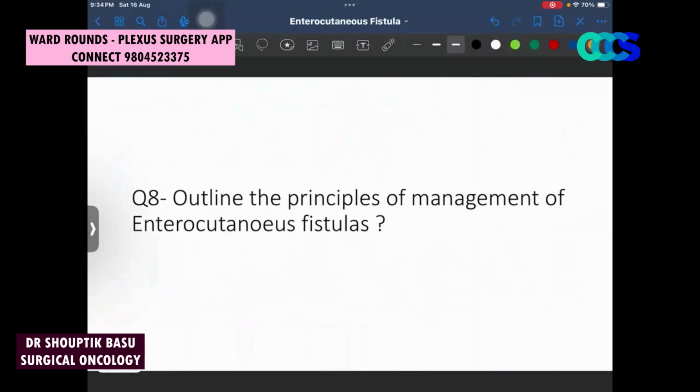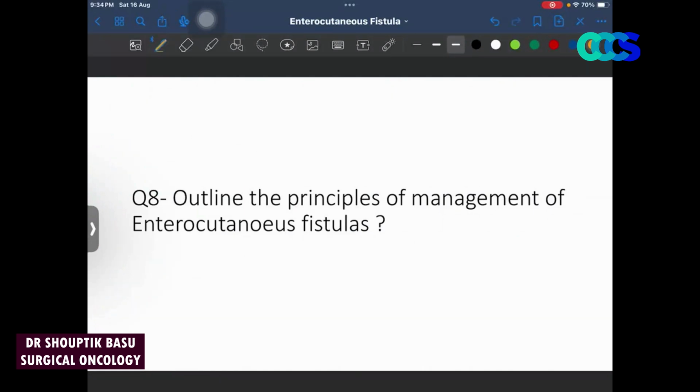So next, come to outlining the principles of management of enterocutaneous fistula. Okay, so this I think you will be able to answer. Can you tell me